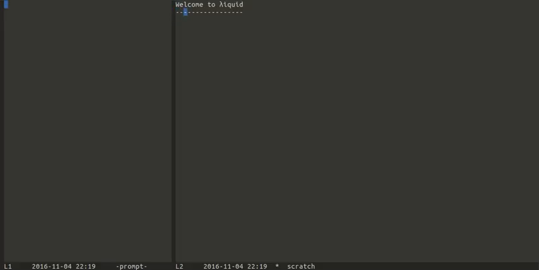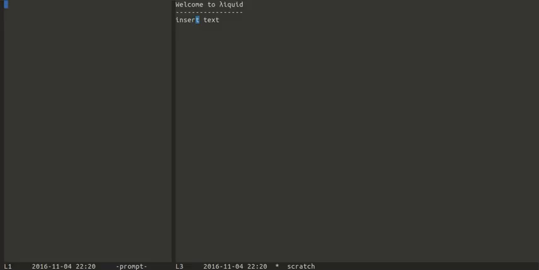I use the tab key for switching between two modes, just like in Vim. So one mode is navigation mode, where you use the keys for navigating, and an insert mode. Let's do that on another line, where I can insert text. So you can see the cursor is blue when it's in navigation mode, and green when it's in insert